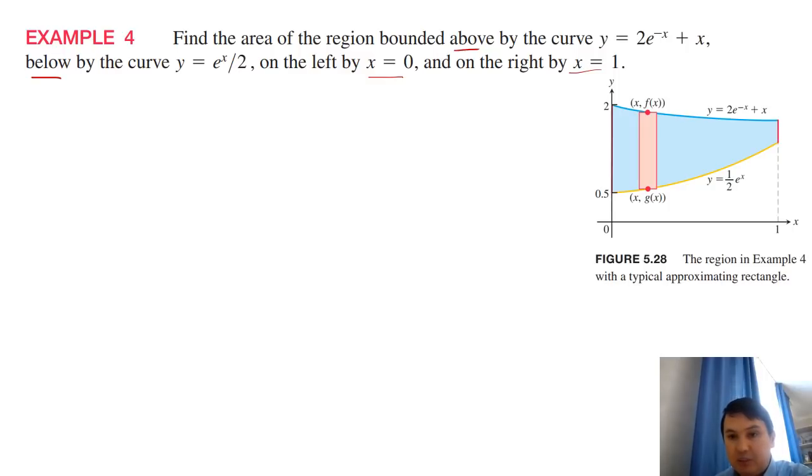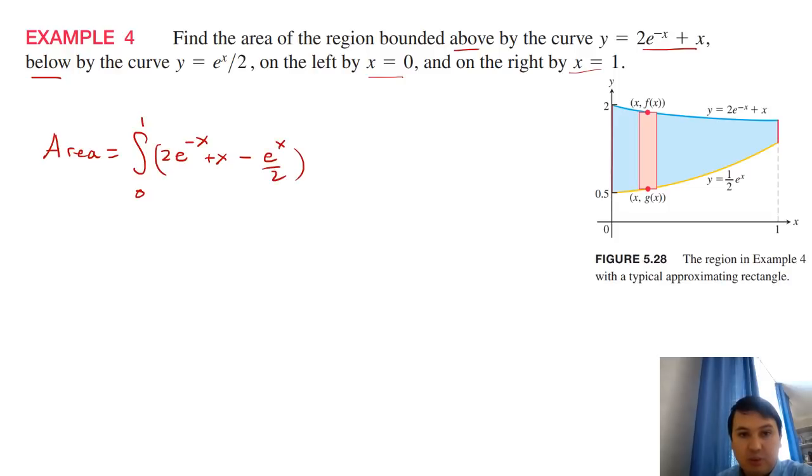So here I'm integrating from 0 to 1, and my upper function is 2 times e to the minus x plus x, and my lower curve is 1/2 times e to the x, right? So then, by the formula, area is nothing but the integral from 0 to 1 of this function right here, so 2e to the minus x plus x minus e to the x over 2 dx, right? Okay, well,